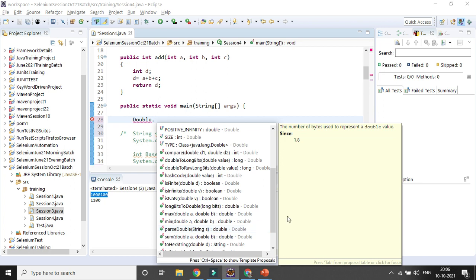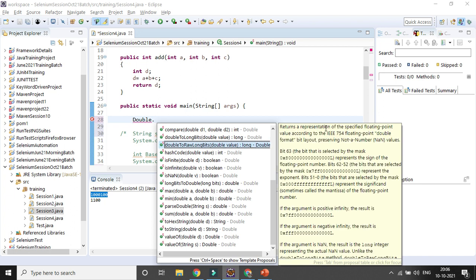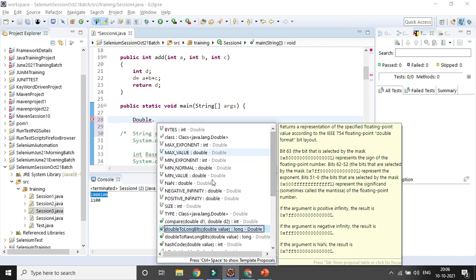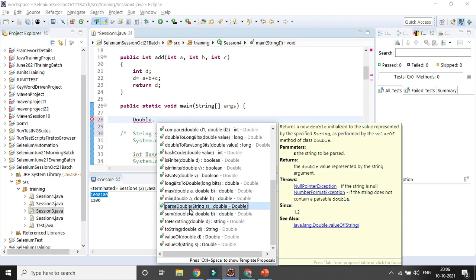So there are a lot of important methods. Even I did not use all of them, but definitely each and every method has some importance, right? Valueof, you can see here, will give you all the definition. No need to worry. If you do not know what something is all about, just select it and right click, and you can get all the details here. Suppose parseDouble: you can see it returns a new double initialized to the value represented by the specified string. So that's how you can get everything.